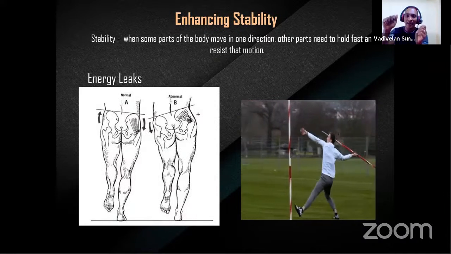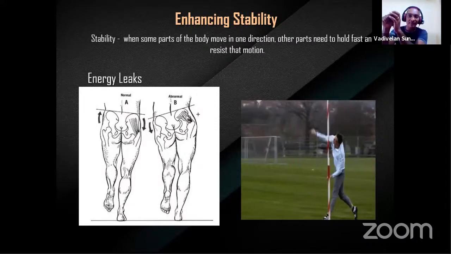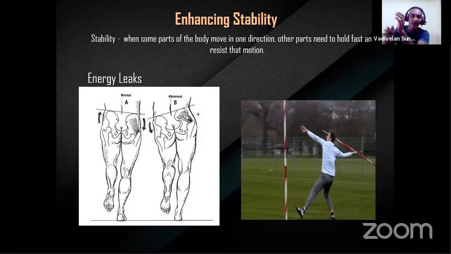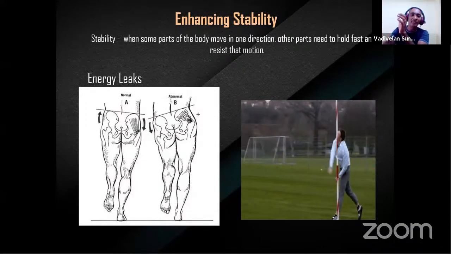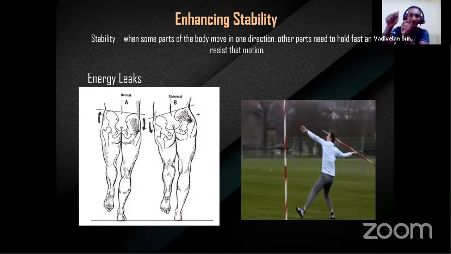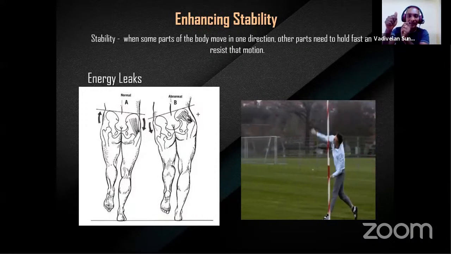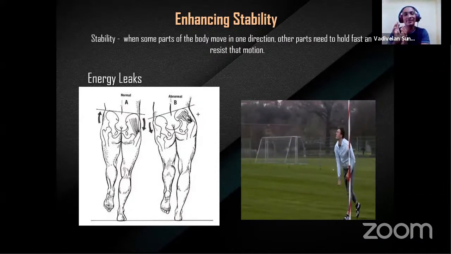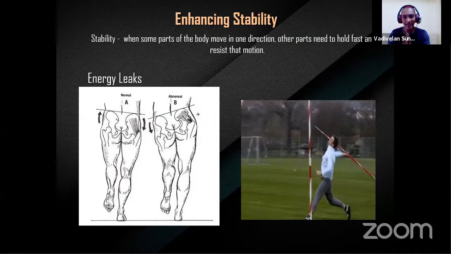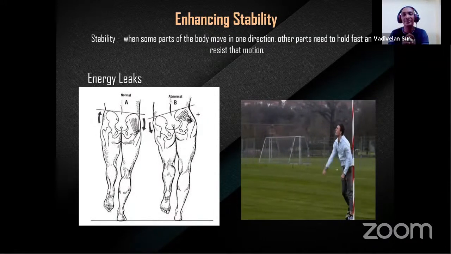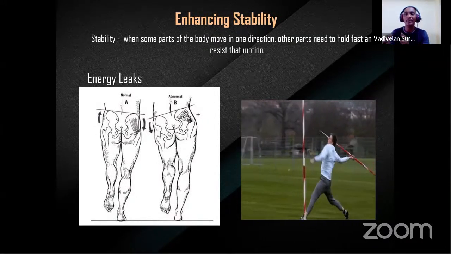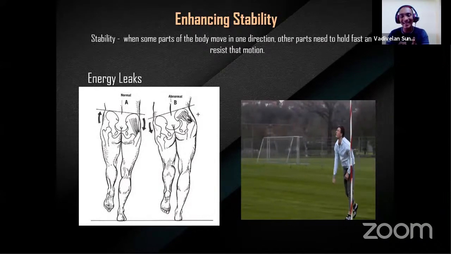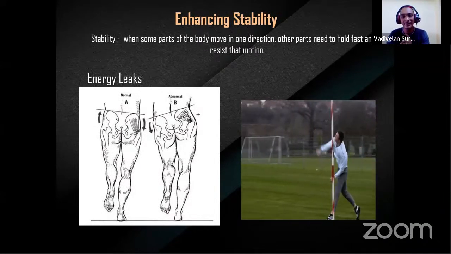Okay, so what would happen if I run? There is a lack of stabilization. However, with the strength I have in the lower extremity, I'm moving forward, but this stabilizer is not working properly, so I can't run fast. I can't run fast because of the lack of stabilization, even though I have more power in my legs. So this can be enhanced by functional strength training.